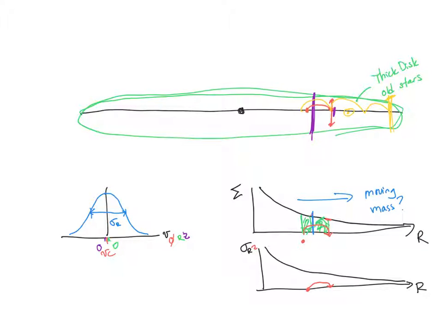So thick disk as in like outside radius, or thick disk as in also thicker? It means it's vertically more extended. Oh, okay. So it's not a fried egg. No, it is no longer a fried egg. It's just this thickened distribution of old stars that we don't know where they come from.